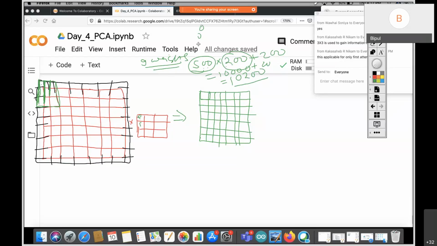That means this will be connected like this. These 3 are connected over here, these 3 will also be connected over here. So how many weights? 3 cross 2 plus 2 biases will also be there, so 3 cross 2 equal to what? 8. The same thing, we are having hidden layers, 200 neurons, 500 features, 200 biases, so it is total 10,200